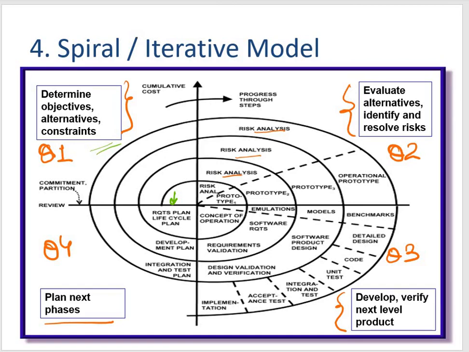Post which we see that there is something called risk analysis, which is done in every iteration. So the identification of potential risk is done, while the risk mitigation strategy is planned and finalized. And then every time I'm getting a prototype. The last one is your operational prototype. Then we go ahead with coding and implement it. Now your engineering includes testing, coding, deploying software at the customer side, and evaluation is done by the customer.